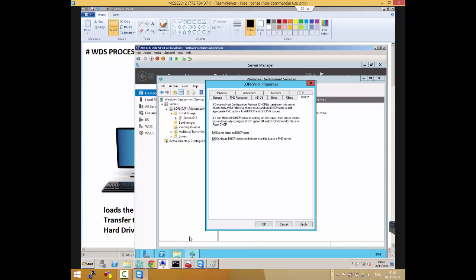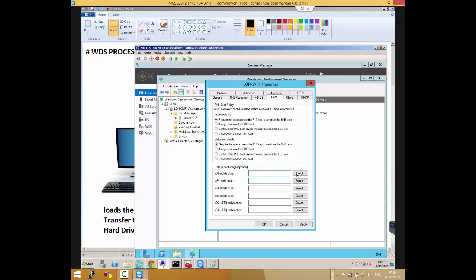It's a disadvantage because if you look at this, I can specify multiple boot images, right? So if the machine is 32-bit, I can say use this one. The machine will actually negotiate with WDS and say, oh, I'm 32-bit, can I have this image?